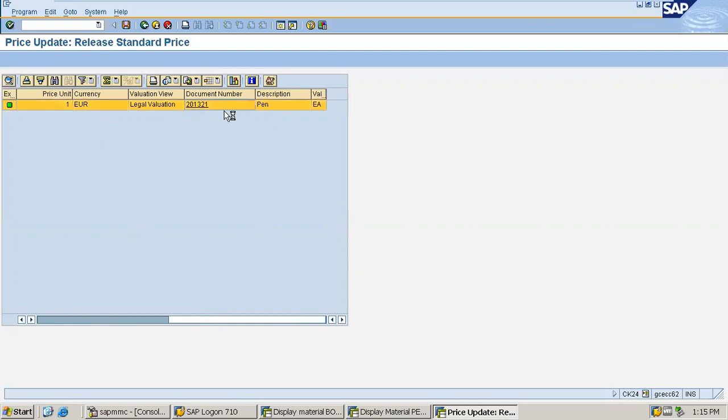Now, entering into the document number, it will show us the document. It will again take a bit of time to display the document.